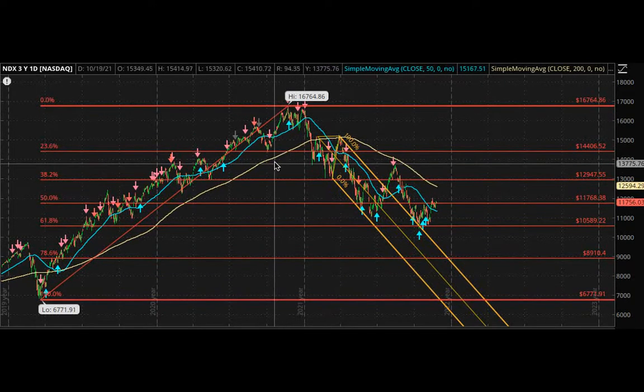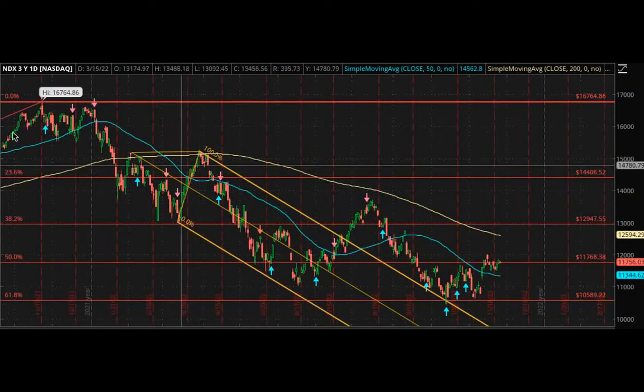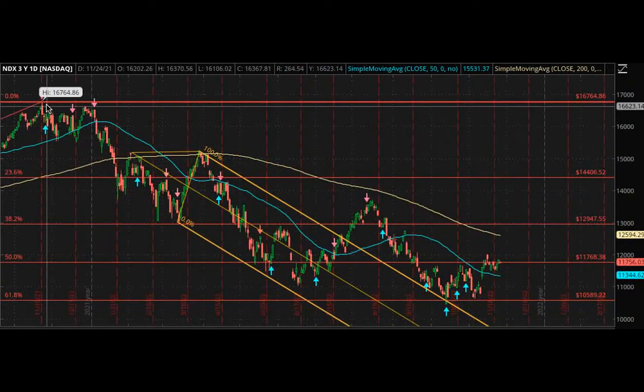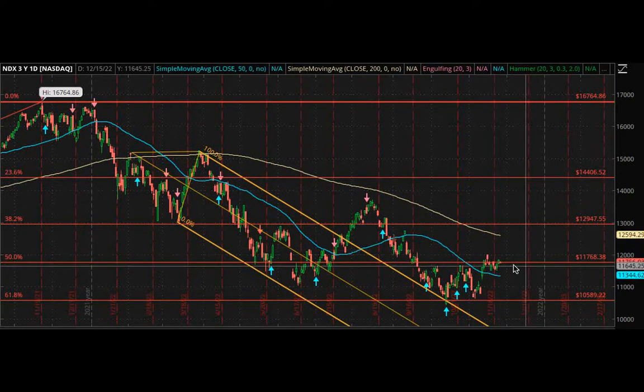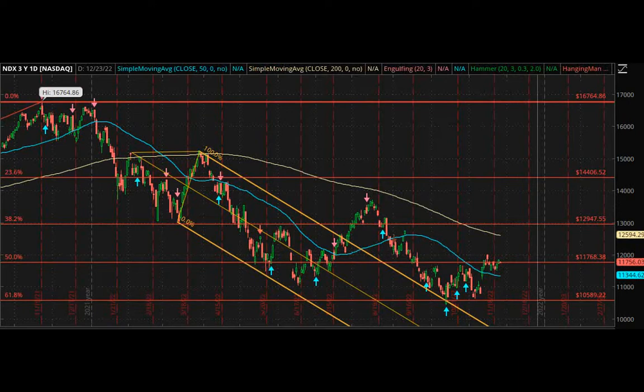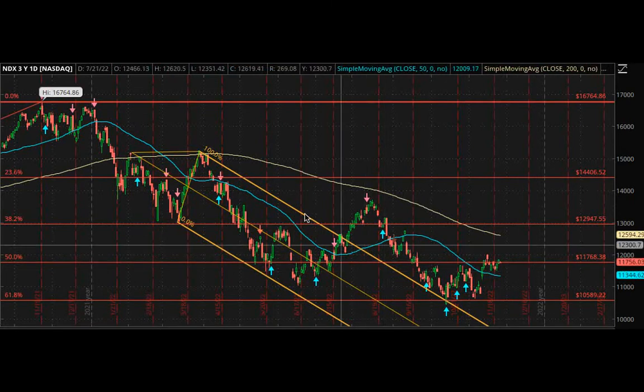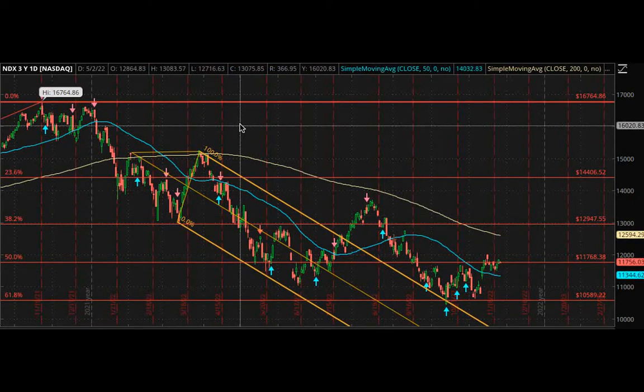Now, the bear market, and I'll go deeper into it, is when the NASDAQ high of 16,764 has fallen down to where we're at, 11,756. So this is the bear market. This is about a 34% decrease from the NASDAQ highs. And what the experts consider a bear market is the opposite of a bull market: basically when a stock falls 20% from its high, that'll be considered the start of a bear market.